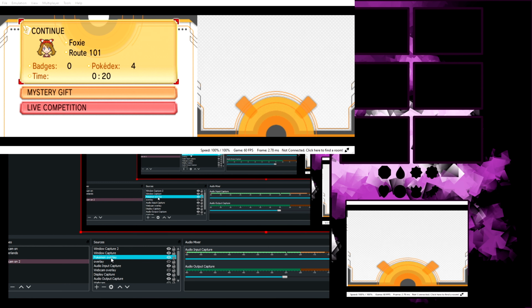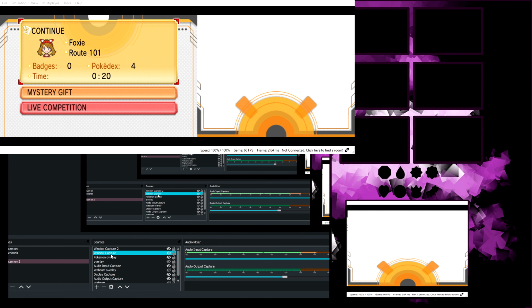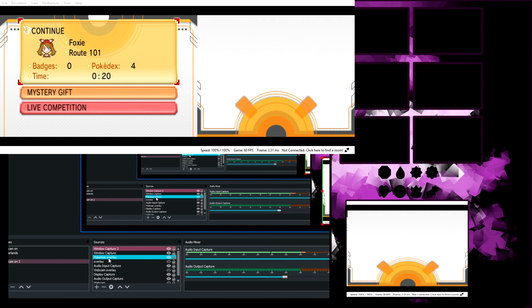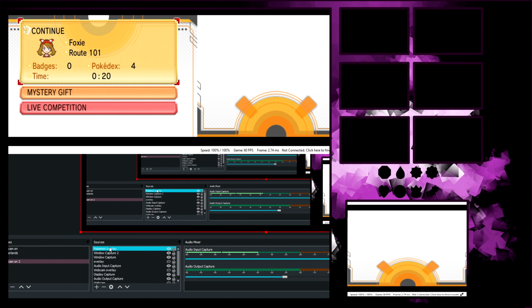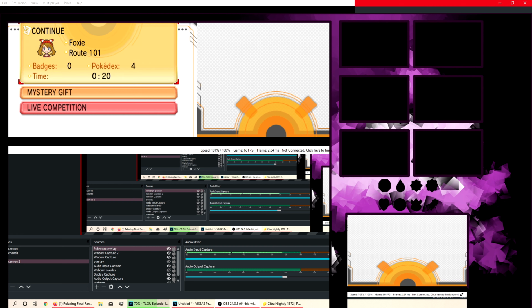So you'll see down here I have my Pokemon overlay, my window capture, which is the top screen, and my window capture 2, which is the bottom screen. So you can just click and drag the overlay to the top. Now it is over both of these video files. The next thing I'm going to